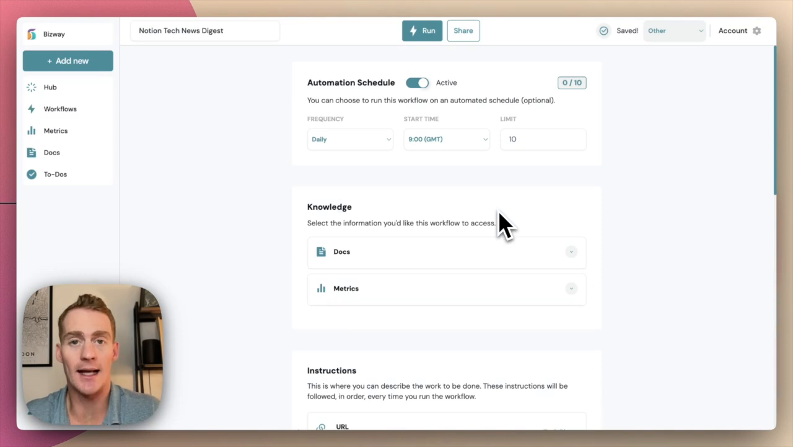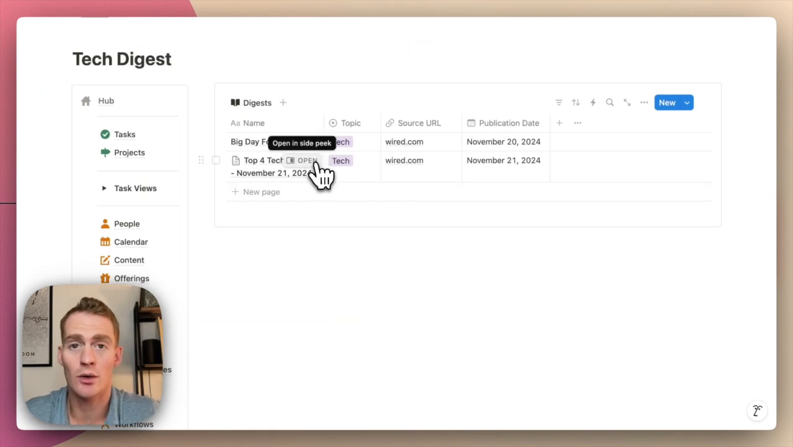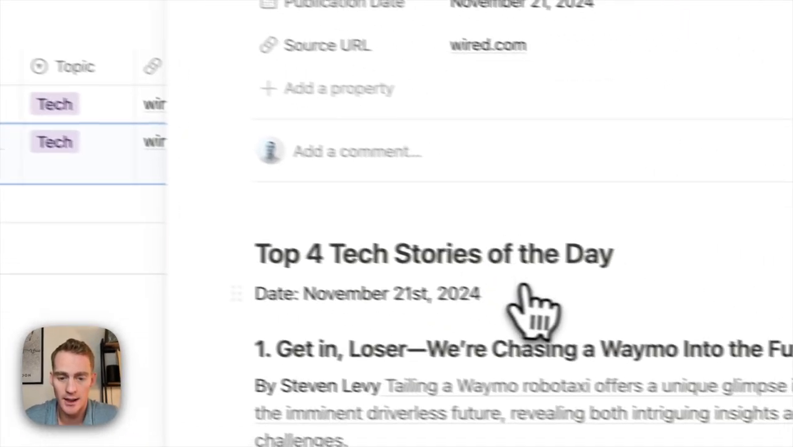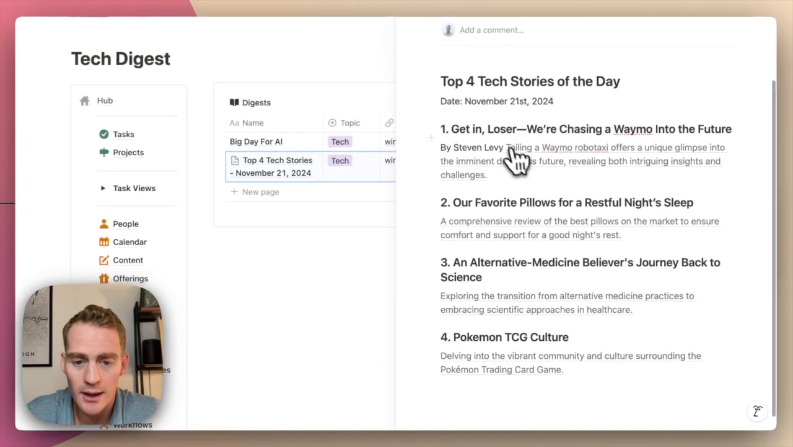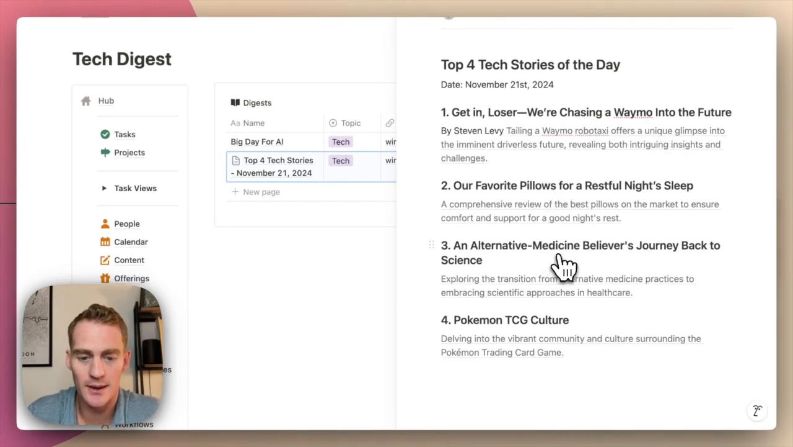But let's just test that out quickly rather than waiting until tomorrow morning. Let's run the workflow, and we'll see that our new item has been added here, tech.wired.com, and it's given today's date. Click in. We've got the story, talking about Waymo, favorite pillows. Let's just head over to